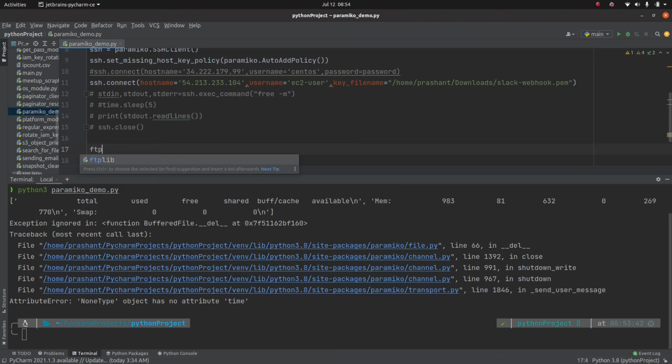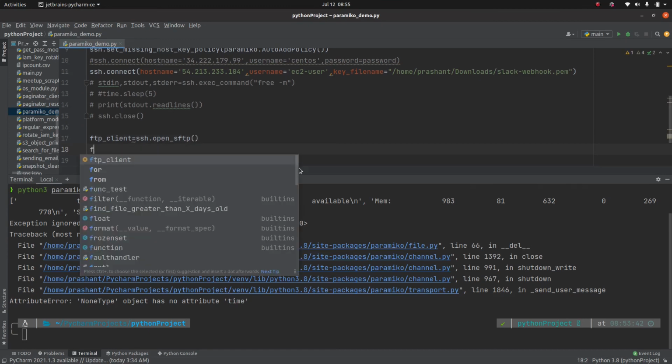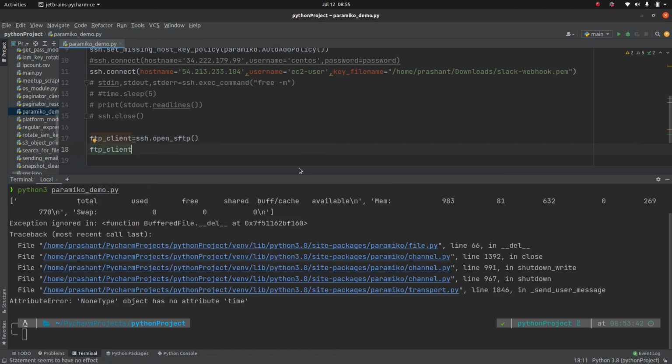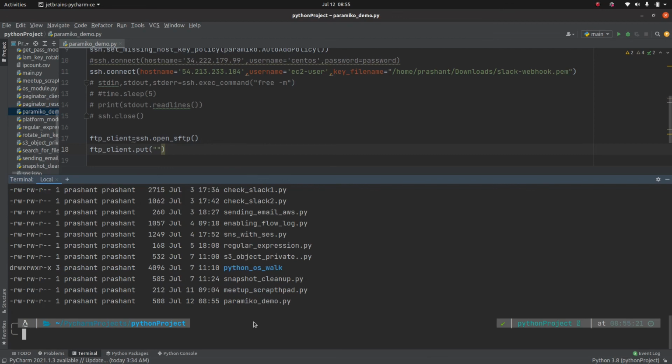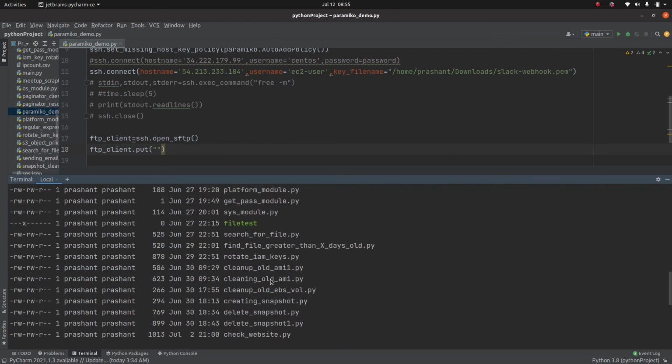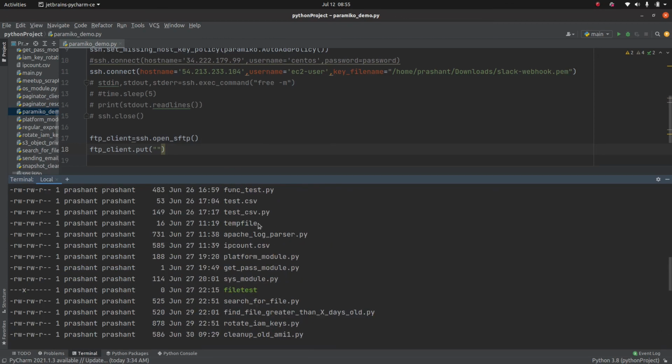So I will create ftp_client, you can take any variable, and call open SFTP. So we are initiating an SFTP connection, and then ftp_client.put.